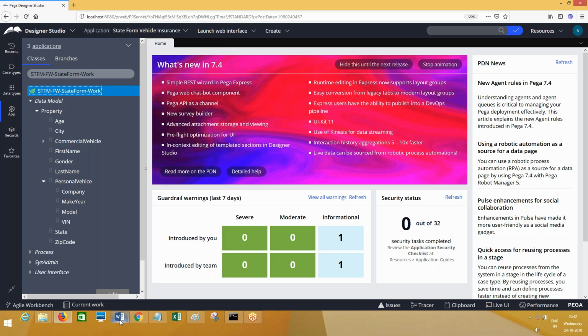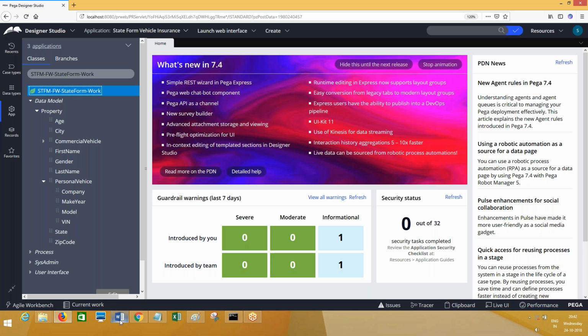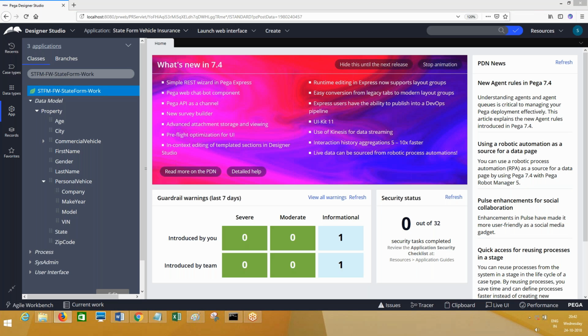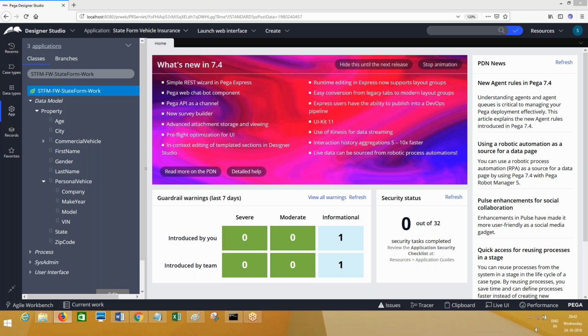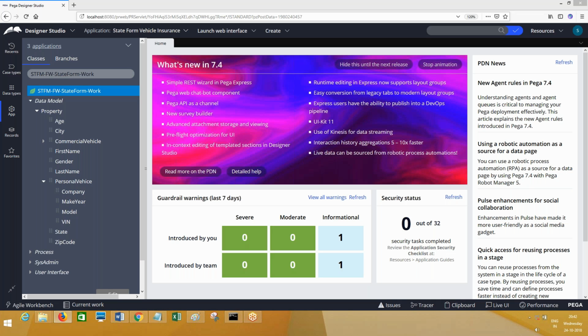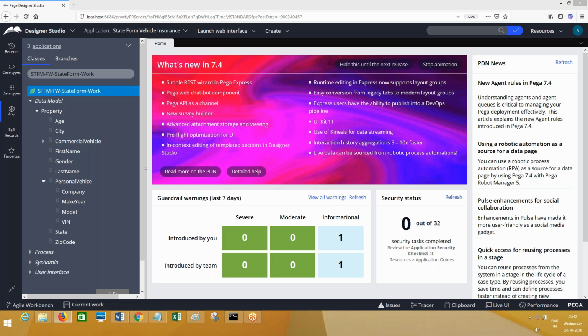Requirement, everyone clear? There is no calculation involved in this. Maintain these properties in a separate claim data class. That should be a data class only, maintained without inheritance. So in this requirement also you will learn how to create a data class, how to create properties, how to create a page. Whatever we have done, we'll do again.